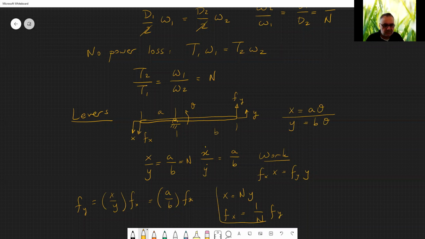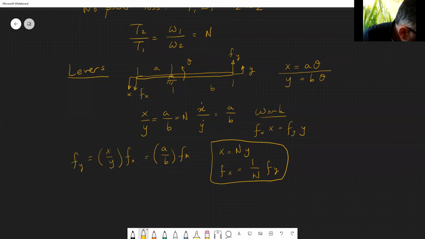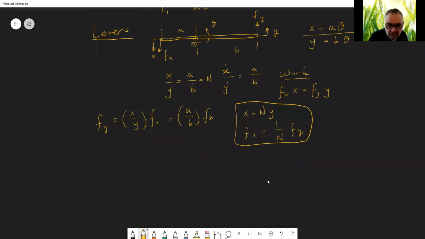So these are the transformation equations for our system. It is kind of similar for the gears. Torques and displacements are inversely proportional. Okay. Now we can define how much time we have. Okay, we have